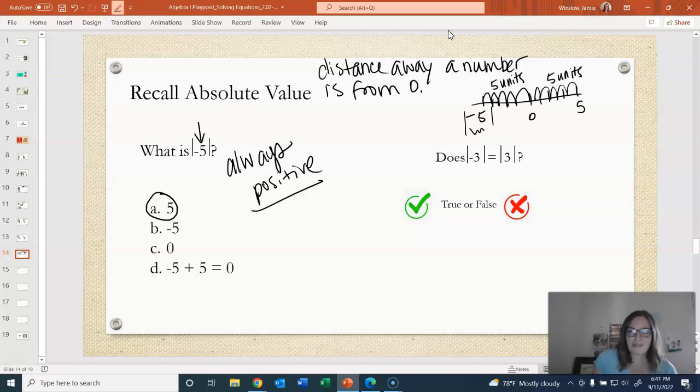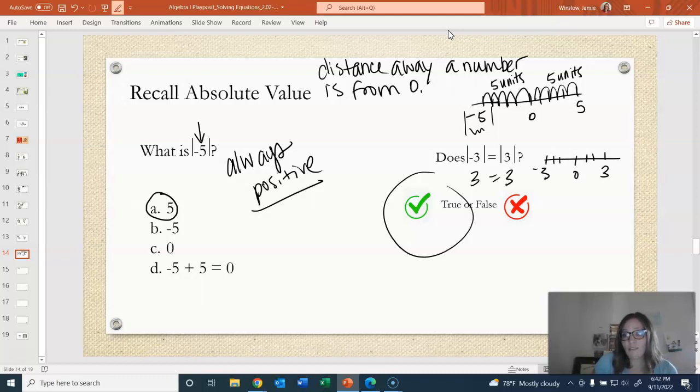So that kind of alludes me to question 2 here. Is the absolute value of -3 the same as 3? It is true. The absolute value of -3 is 3, and the absolute value of 3 is 3. Remember, absolute value, once you take it, it's always positive. And just like we saw up here with this number line, whether it's -5 or 5, they're the same units away from 0. Just like 3 and -3, they're going to be the same units away from 0. 3 units. So this is true. And this is really important because it's going to help us solve absolute value